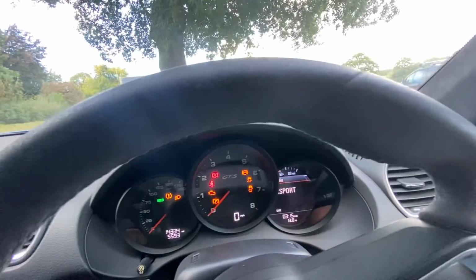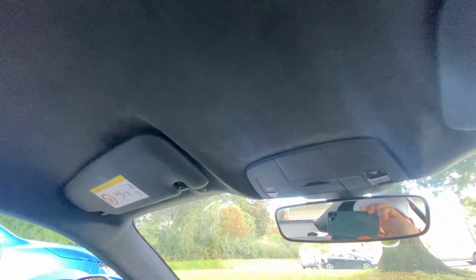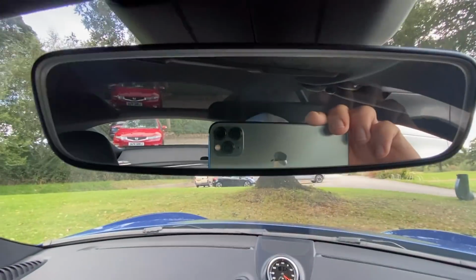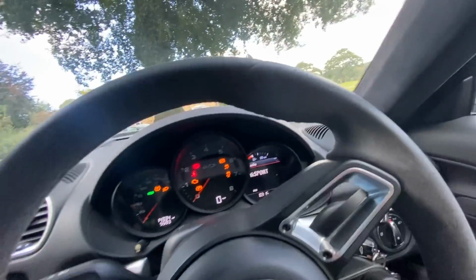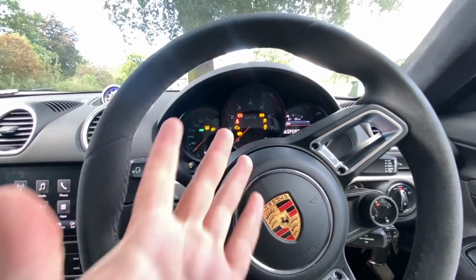I absolutely love the Race Tech steering wheel, the Race Tech side panels here, mind all my receipts, and the roof lining, which is also Race Tech. That's my iPhone, but this is all the Race Tech lining. That's basically like Alcantara, but I think it's a little bit cheaper, which is fine because I don't particularly mind